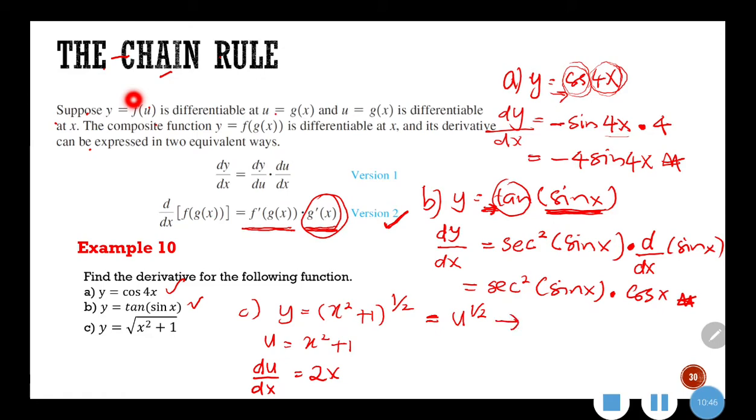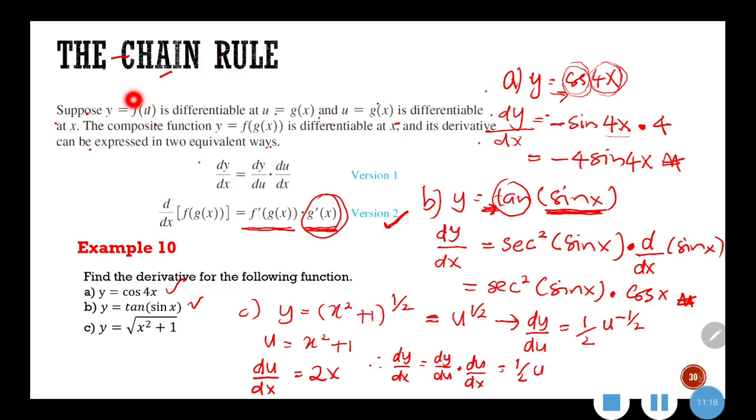And here dy over du is equals to, differentiate respect u, 1/2 kuasa u negatif setengah. So that's why dy over dx is equals to dy over du times du over dx, which is equals to